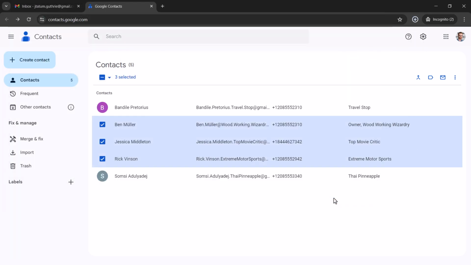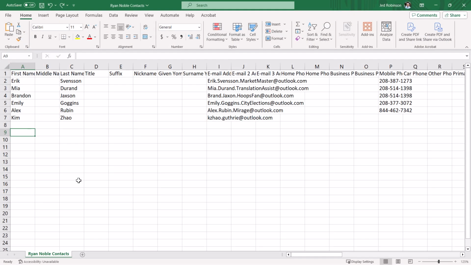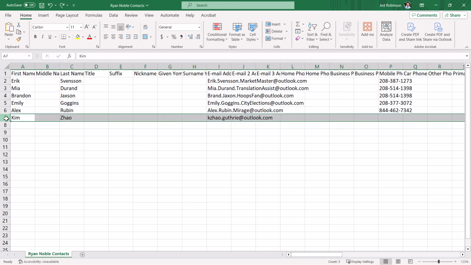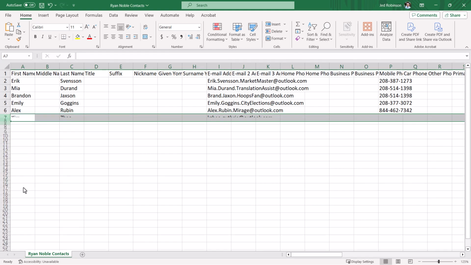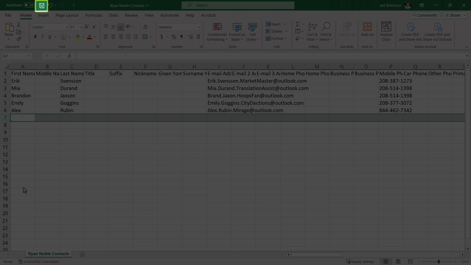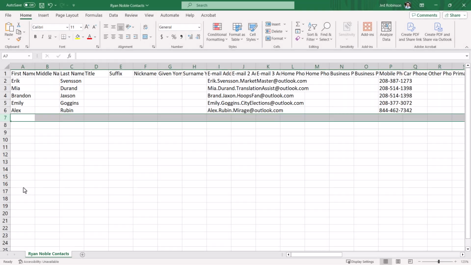I've opened one of the CSV files. It can be opened in programs like Microsoft Excel or Google Sheets. You'll probably find it difficult to read the information as it is since everything is pushed together. You only need to read the first few columns to see the names. If you see a user that you do not want to import to GoTo, delete that entire row from your file. Click the Save button if you've made any changes.